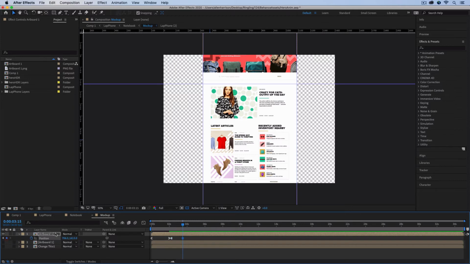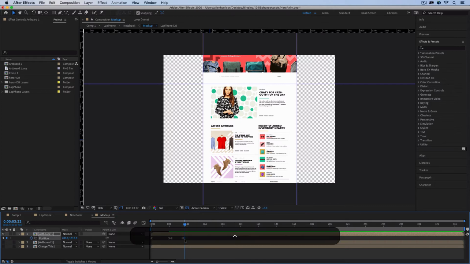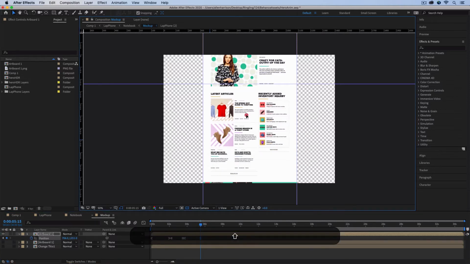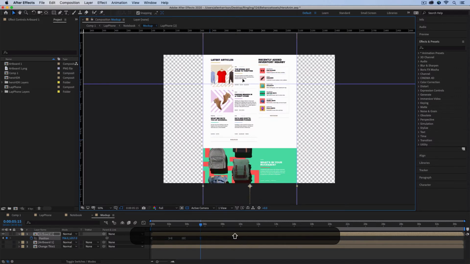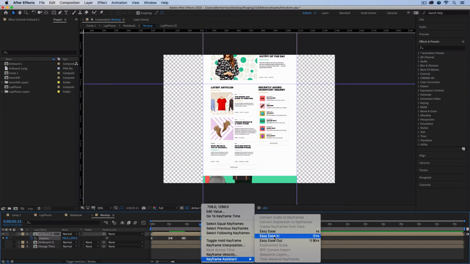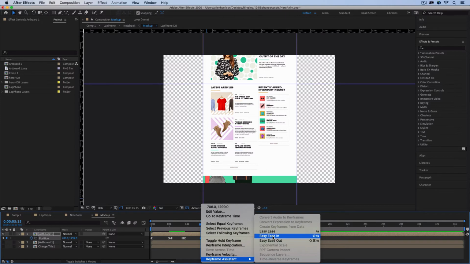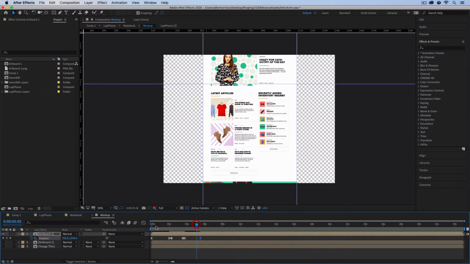A keyframe again. Keep the toggle hold. One more time, then do the same where I'm going to do ease out, and then if I do around 2 seconds again, I'm going to move that position maybe a little further down, ease in, control click, reset it. Command click, ease in, and so we get something that looks more like